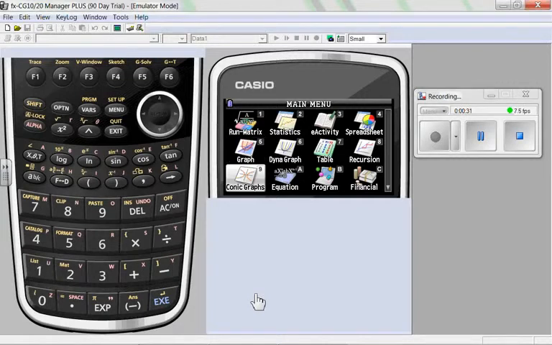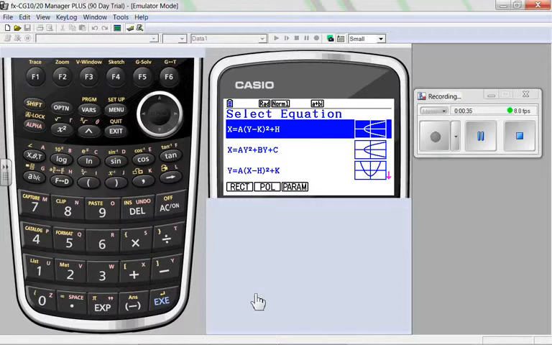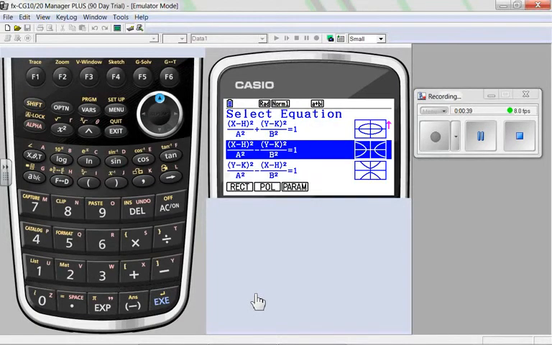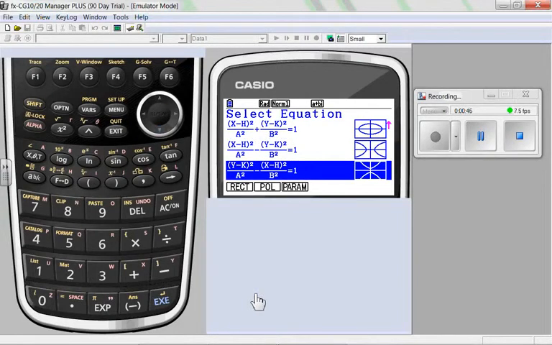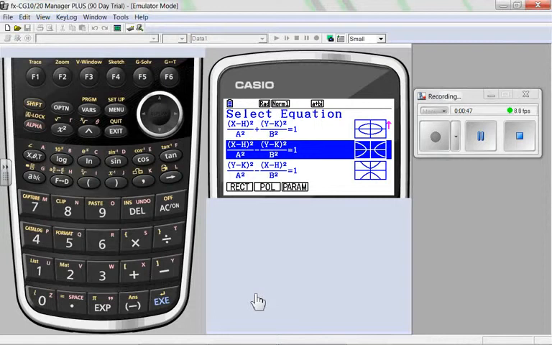Like I said, we're going to go into the conic grapher, which is icon number 9. Right away, as a teaching tool, I can use a conic grapher to teach the difference between hyperbolas and ellipses. Notice the minus and the plus. Also, I can stress right here, without even going into it, which way does it open? Opens in the x direction. X is the positive minus the y. If y is a positive, opens in the y.